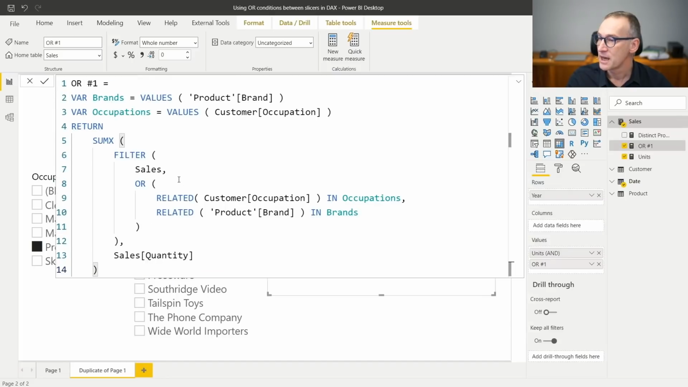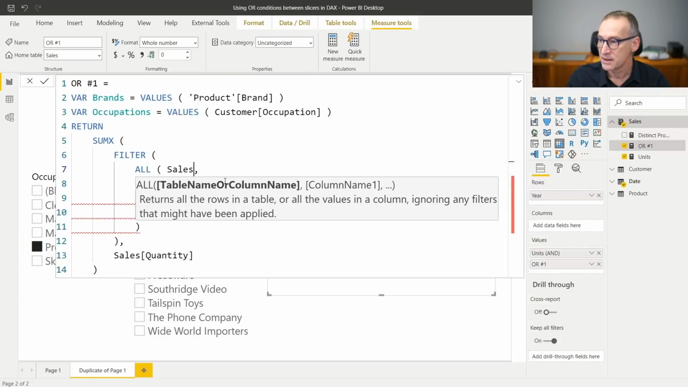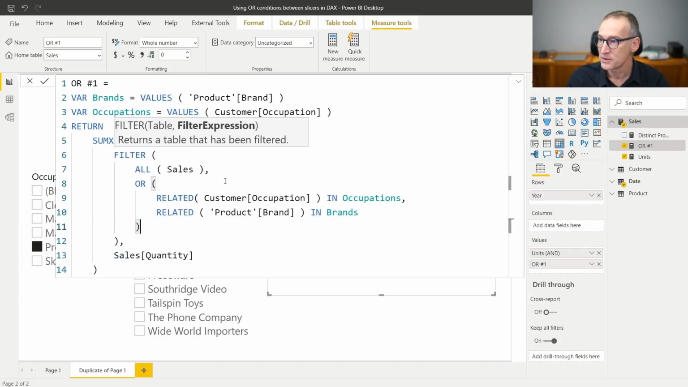And the reason is I am iterating over sales, so this reference of sales is still working under the filter context coming from the report. I need to get rid of it. I could use ALL sales. Let's do a first try. If I use ALL sales,